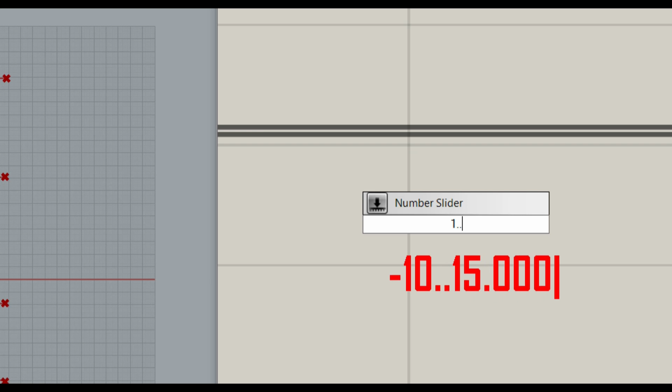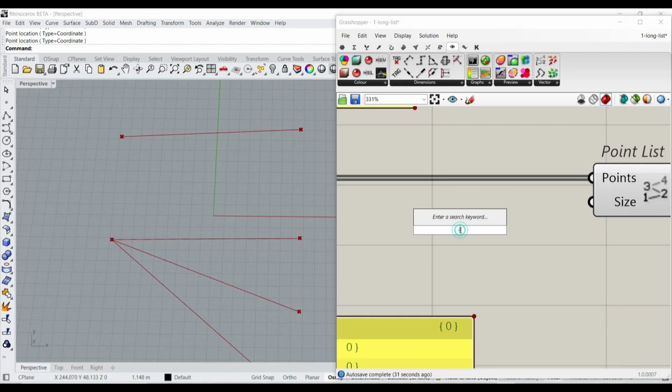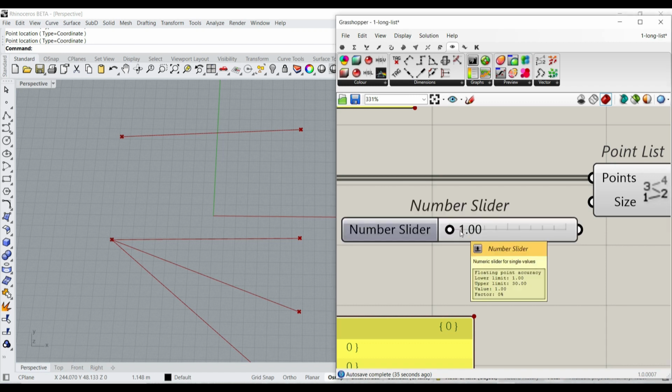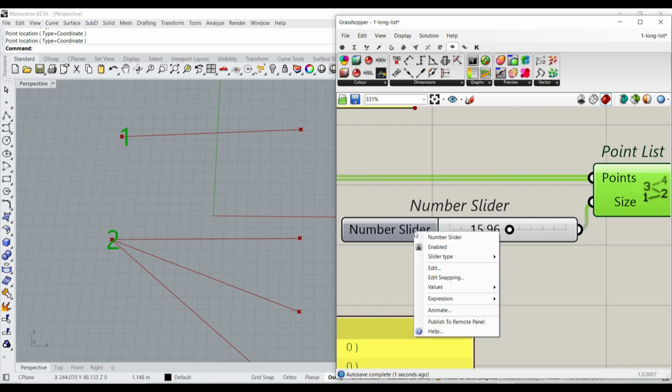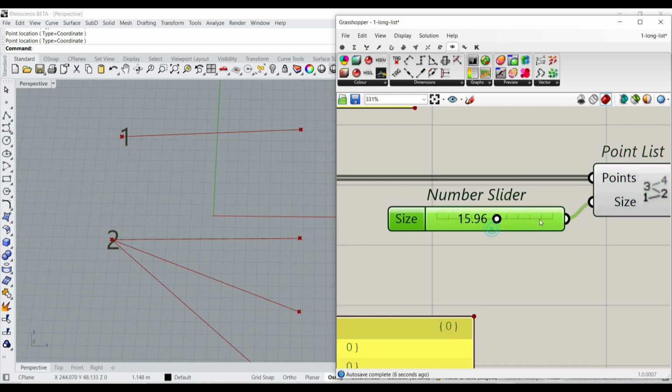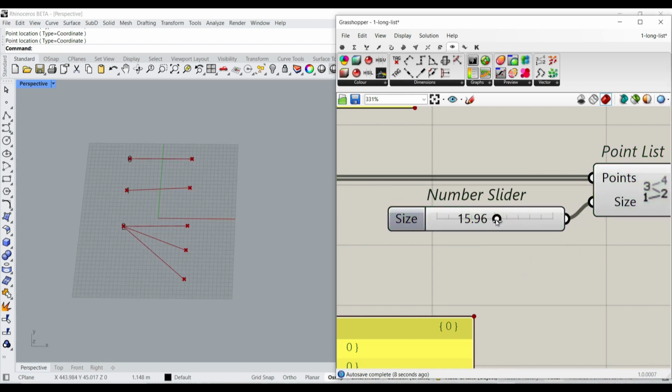So that's going to give you a number slider between -10 and 15 with 3 decimals. That's a fast way you can say that I want that. Maybe I want 30 with 2 decimals, and give that to the size, and I can increase that. I can also delete the title. It's going to be the input I've given to the slider, and here you can see how fast I can